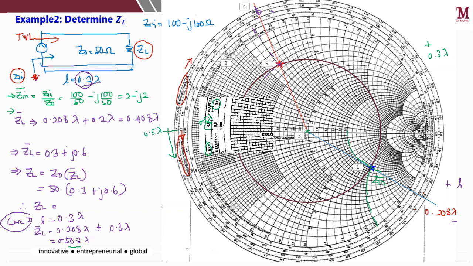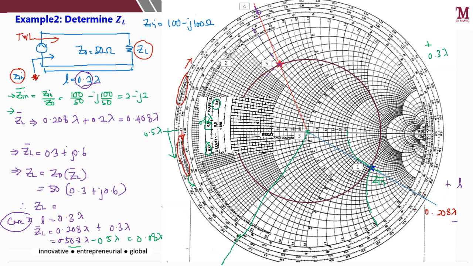Okay, so the remaining is 0.508 minus 0.5 lambda. So you need to extend the line for 0.008 lambda further. From here plus another 0.008 towards the load, so this middle line, 0.008 here. Okay, so you draw the line,